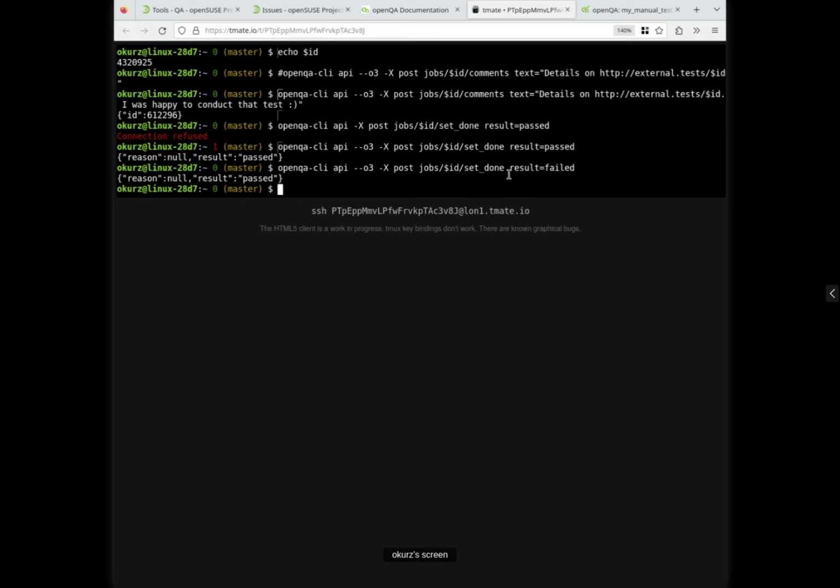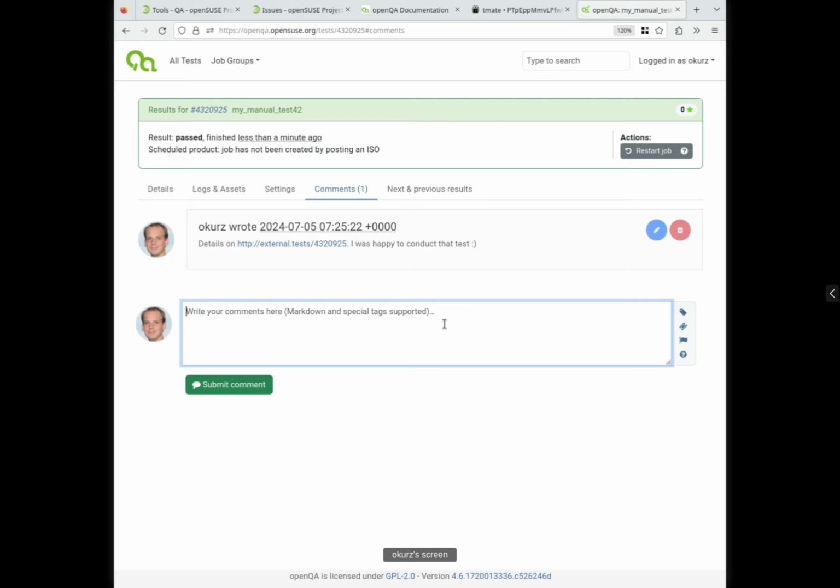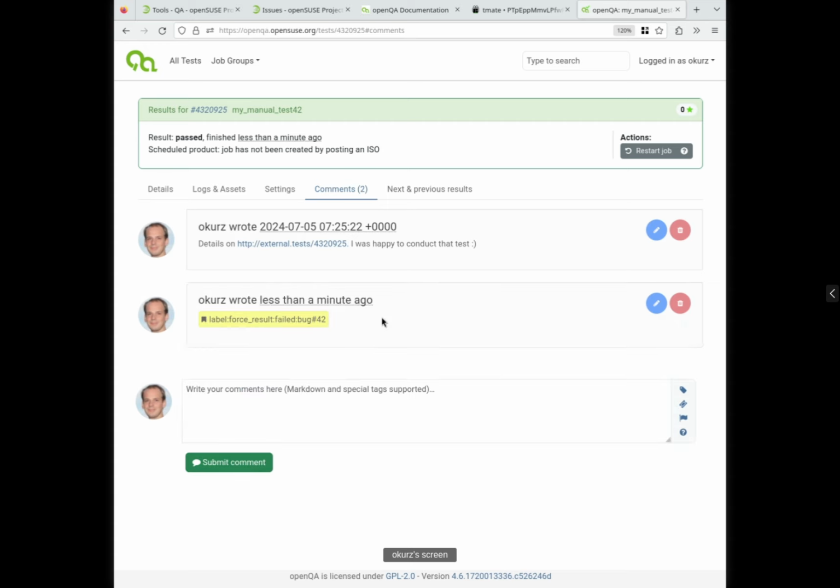However, I could actually now use features by commenting with the pause result feature. For example, I could say failed and then maybe say bug 42 or something. That makes sense. And now if I'm refreshing that job, then I can see that it's actually failed.